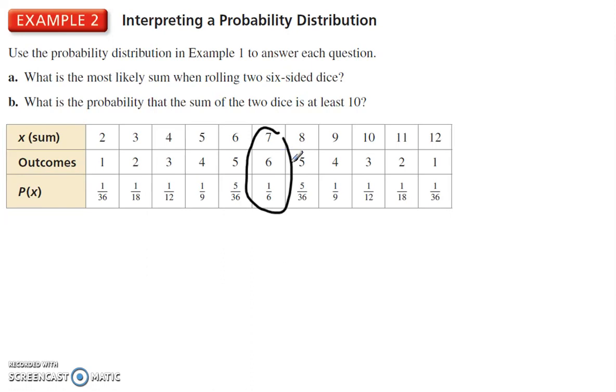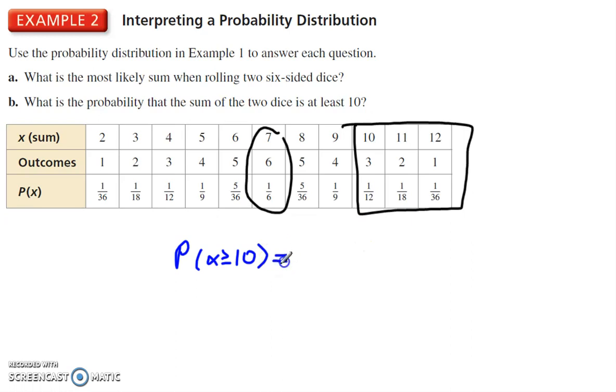And then what is the probability that the sum of two dice is at least 10? The sum of two dice being at least 10 means it has to be 10 or more. That's these here, and then we can add those up. So, if we add these up, I get the probability of x is at least 10. That's the probability of x being 10 plus the probability of x being 11 plus the probability of x being